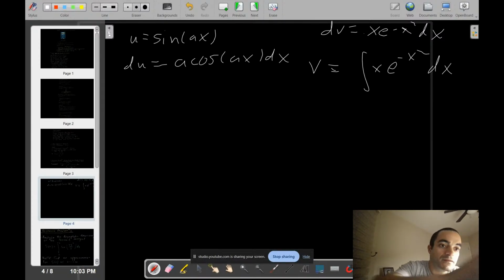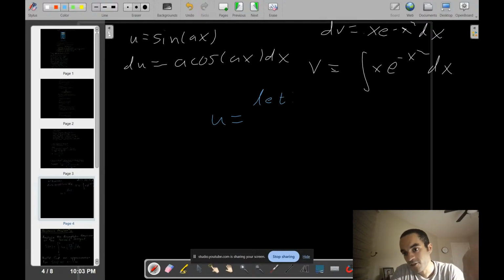I have to make some room. Yeah, so we're just going to do another substitution here. Let u equal to... well, my u would have to be negative x squared. So negative x squared. And the reason why I did that is because to use u substitution correctly, I need